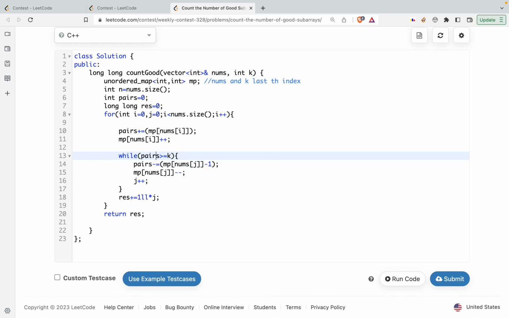Then I'm saying if my number of pairs is greater than or equal to k, right, then the current subarray is valid. Let's try to make it invalid. So now I'll be incrementing my j and I'll be decrementing the number of elements that are presently there in my subarray. Also I'll be decrementing the number of pairs that are in my subarray. After that I'll be incrementing the result by whatever elements are to the left of j,